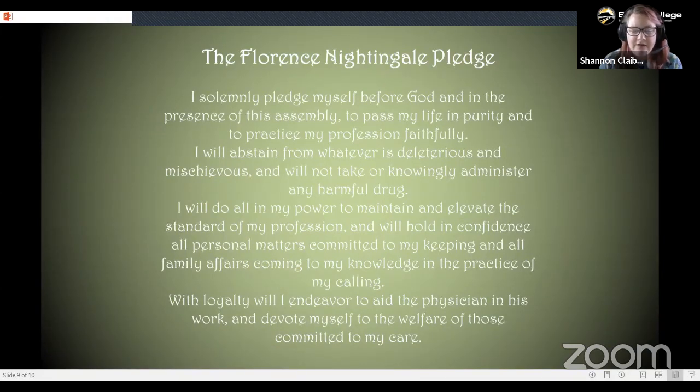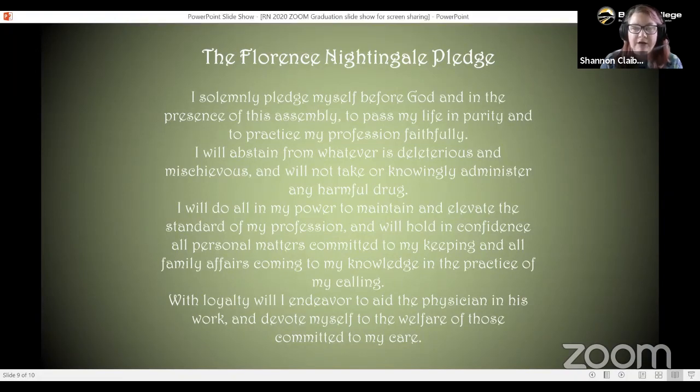And was modeled after the Hippocratic Oath taken by physicians. The Florence Nightingale Pledge is the driving force behind the current American Nurses Association's Code of Ethics for Nurses. Although the language used in the pledge is somewhat outdated, it is still an important part of the traditional nursing